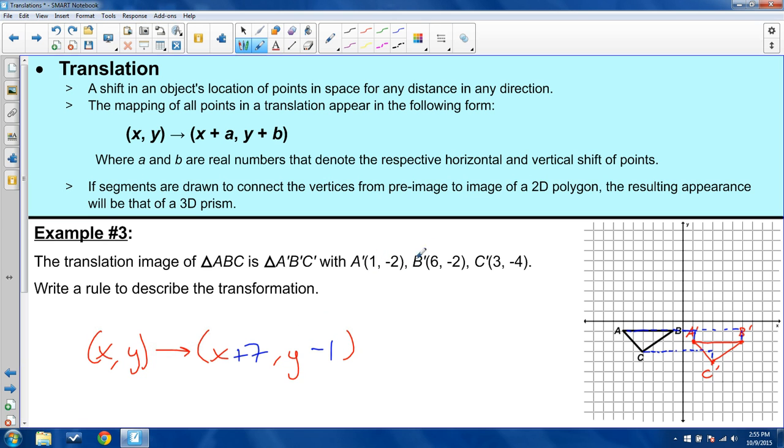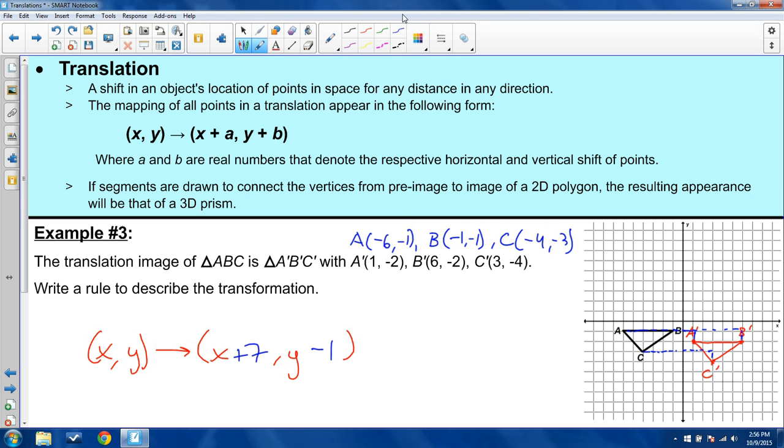Now if you did want to do it in a math way, what you would do to find the distance from A to A prime is you want to make sure that you are saying it from pre-image to image. And from pre-image to image, you have to do image minus pre-image. In other words, if A is at the point negative 6, negative 1, B is at the point -1, -1, and C is at the point -4, -3,